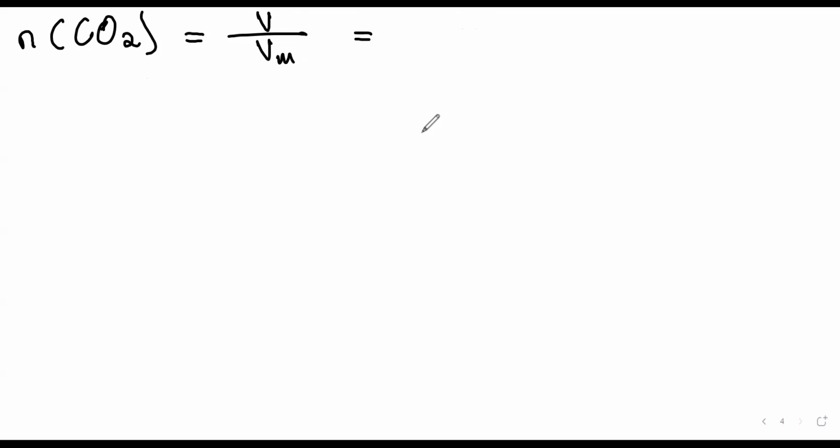We have to divide this by 1,000, in which case we get 0.448. All right. And when we divide this 0.448 by the molar gas volume, which is given to us as 24.47,